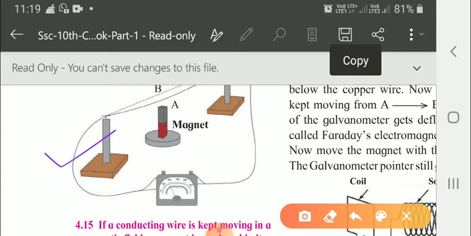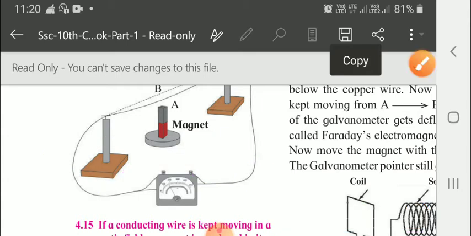Now children, we have to collect all these materials. We can see here that this is the galvanometer. Here the magnet is there. These are the magnets. So we have to arrange them this way, and this is the experiment: if a conducting wire is kept moving in a magnetic field, a current is produced in it. So we have to complete the circuit by connecting the galvanometer. Then we will keep the bar magnet erect in such a way that its north or south pole is just below the copper wire. Now, if the wire is kept moving from A to B, here you can see, children,